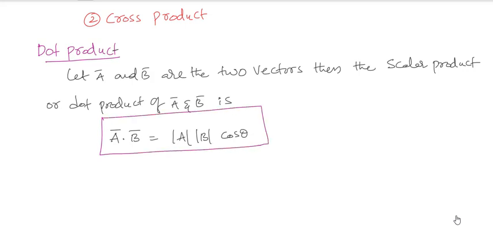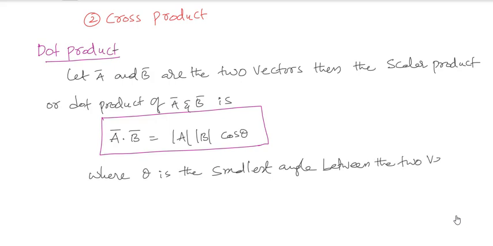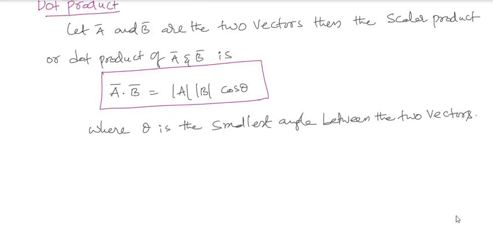This you know already, I am just revising here. Am I right or not? So where theta is the smallest angle between the two vectors. Where theta is the smallest angle between that particular two vectors. Clear with my point? Yeah. So let me take some of the results you will have based upon your dot product. So those results we will see now.